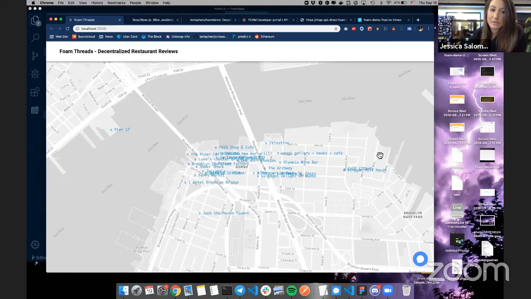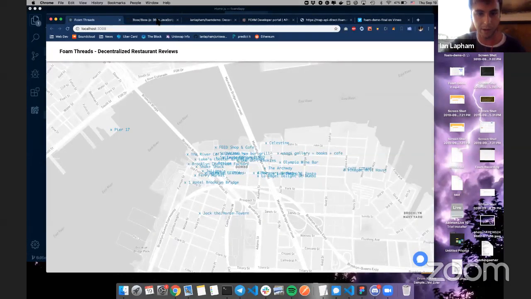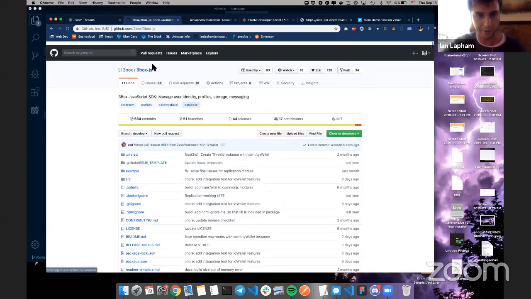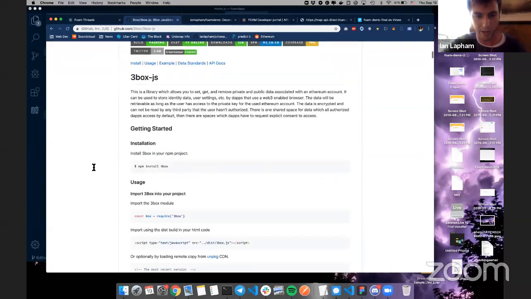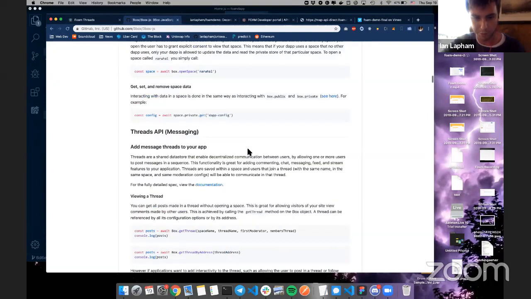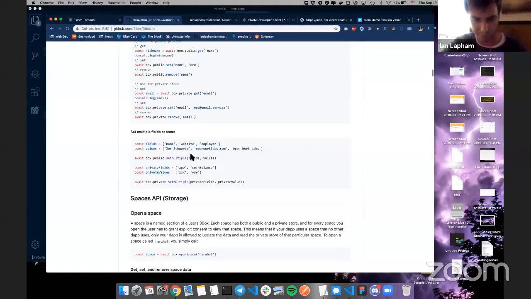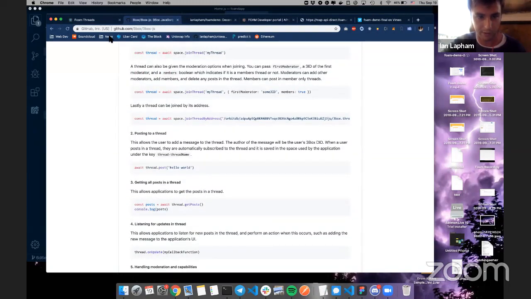And also we have a question from Leaf Malone, who I've had the good fortune of meeting in the phone office, whether or not the messages are stored on IPFS or elsewhere. Yeah, so I haven't dug super deep into how 3box works, but I believe they're using IPFS to store this information. I have this up right here. I recommend going to the 3box GitHub. They have a wealth of information on how to create these threads, and also posts on where they're storing it. But I'm pretty sure it's IPFS. I don't know the in-depth details. I've only looked at this a couple times.